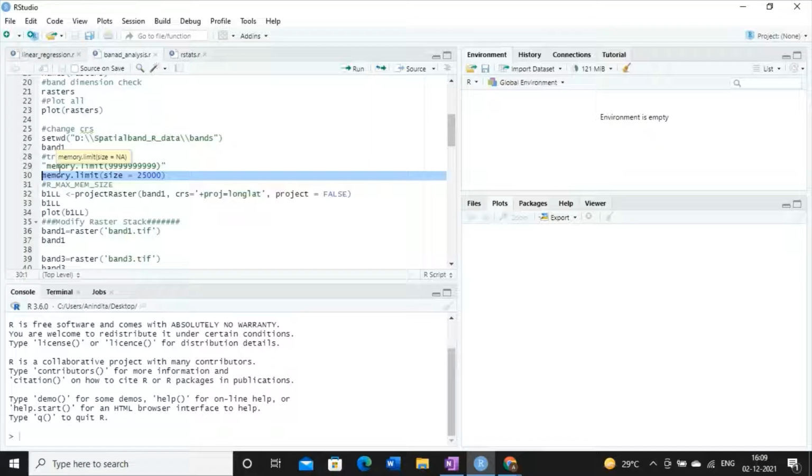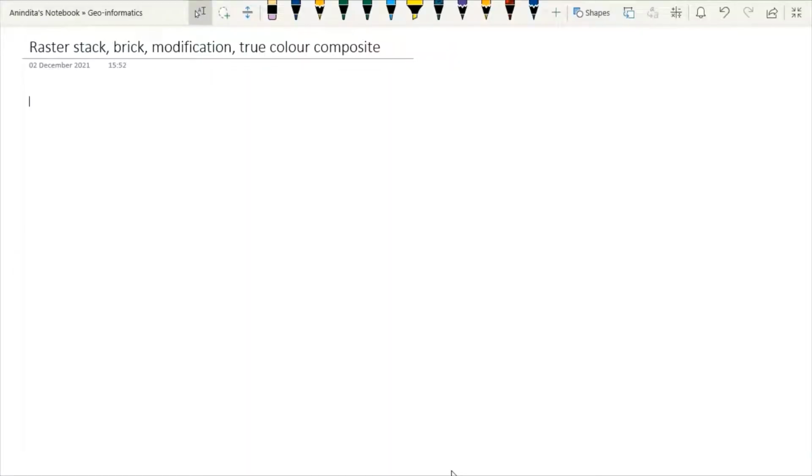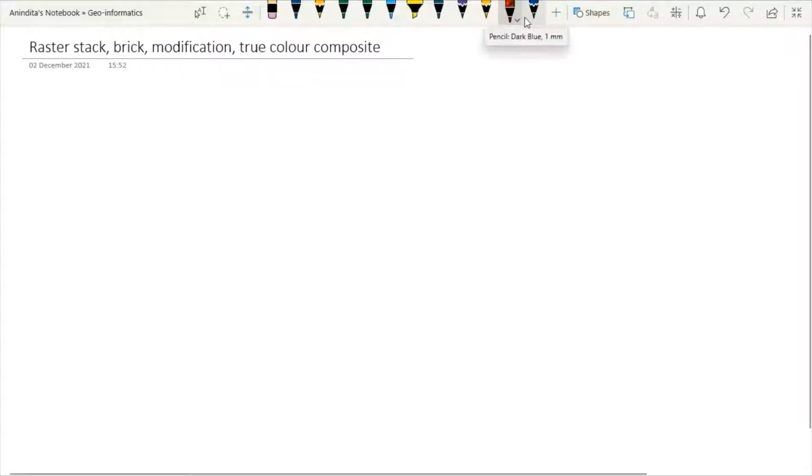Otherwise, it will give you an error. So first we discuss the function memory.limit. Today we are going to discuss everything, but our primary requirement is to enhance the memory limit.